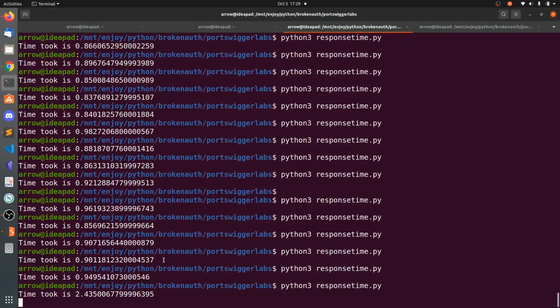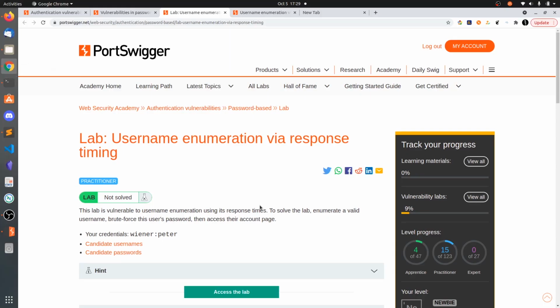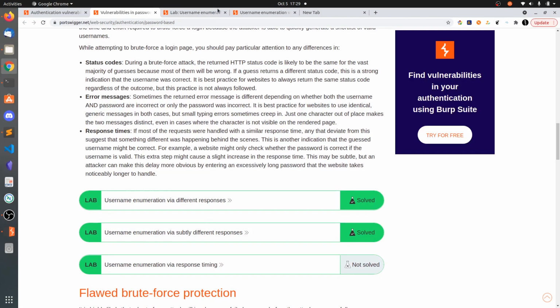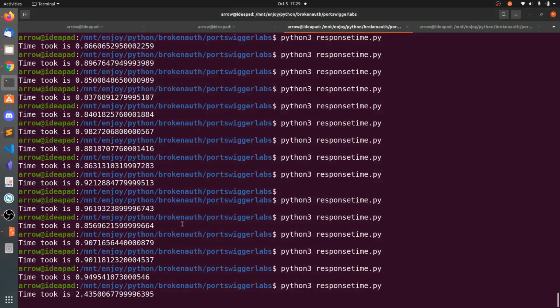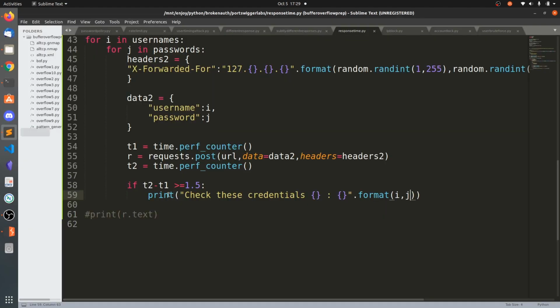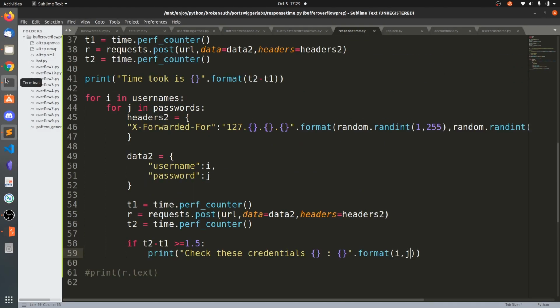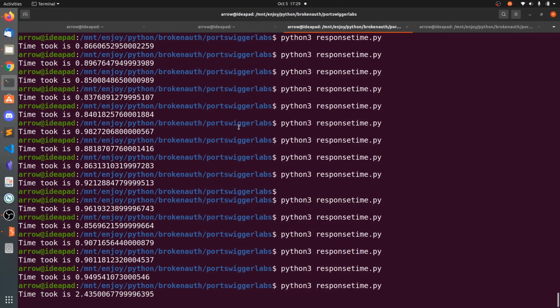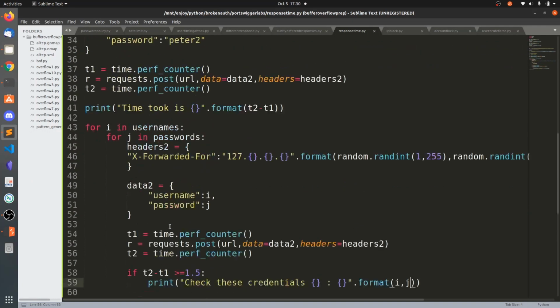It's going to take time, and I did not get the correct response. I did not get the correct credentials because I got a few usernames, but for them the passwords took the same time, so I could not find the right combination. You can try this one. It's going to take very much time.